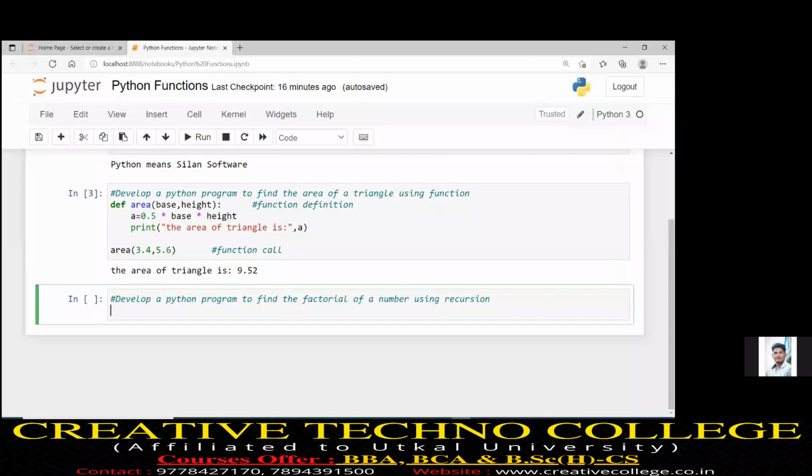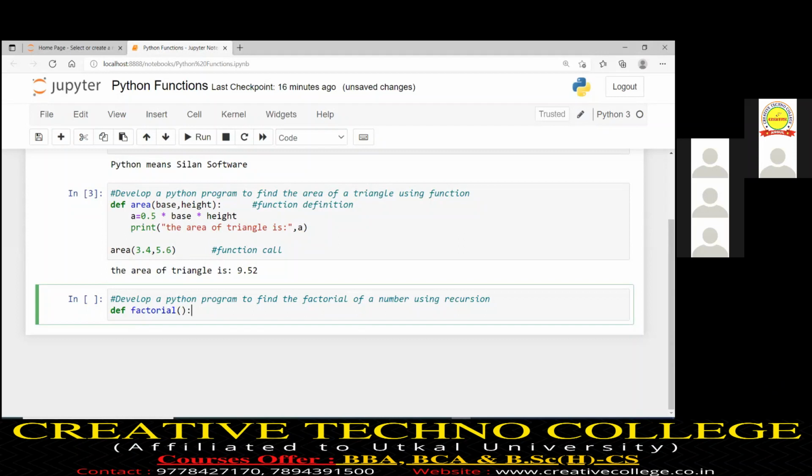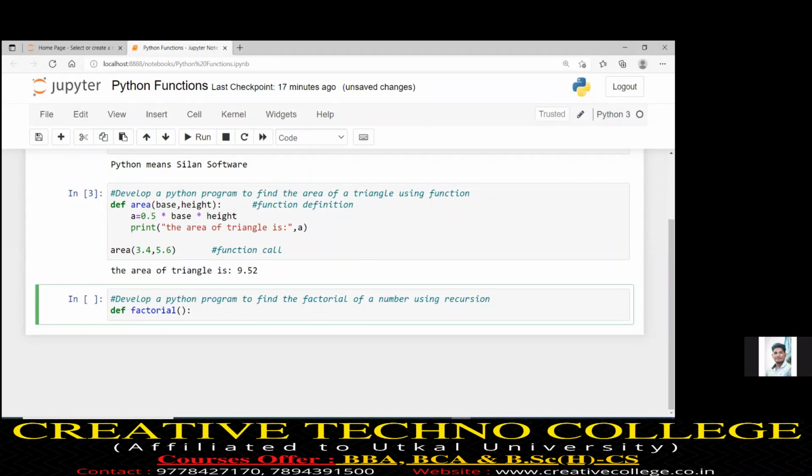So now I will define a function. Let my function name be factorial. Every time I am saying, whatever task or problem is given, you have to analyze the number of inputs and the number of outputs required. So for the factorial of a number, the input is 1 and the output is 1.